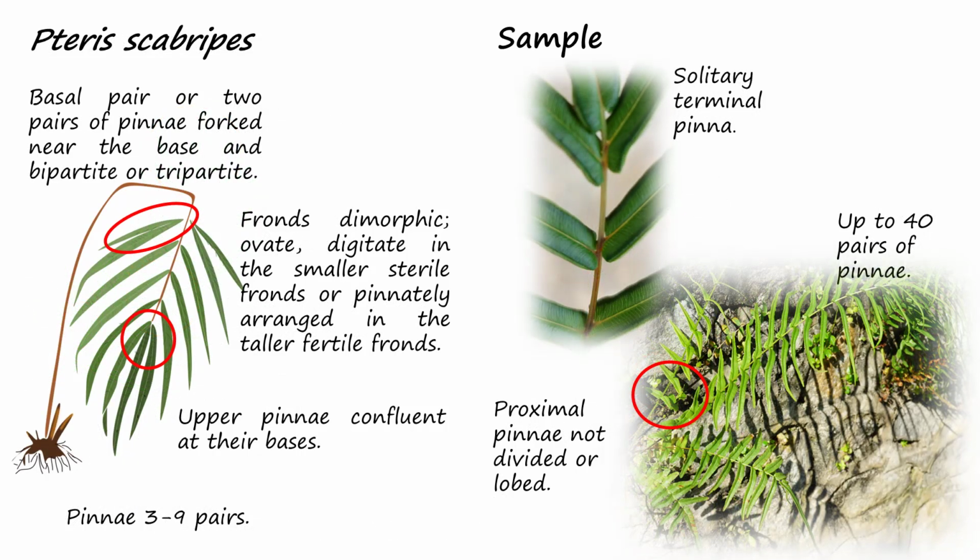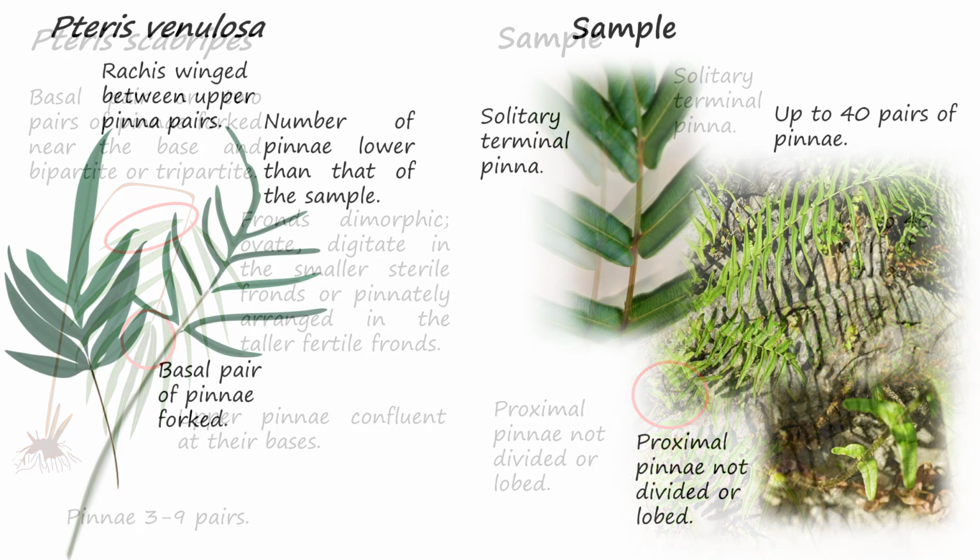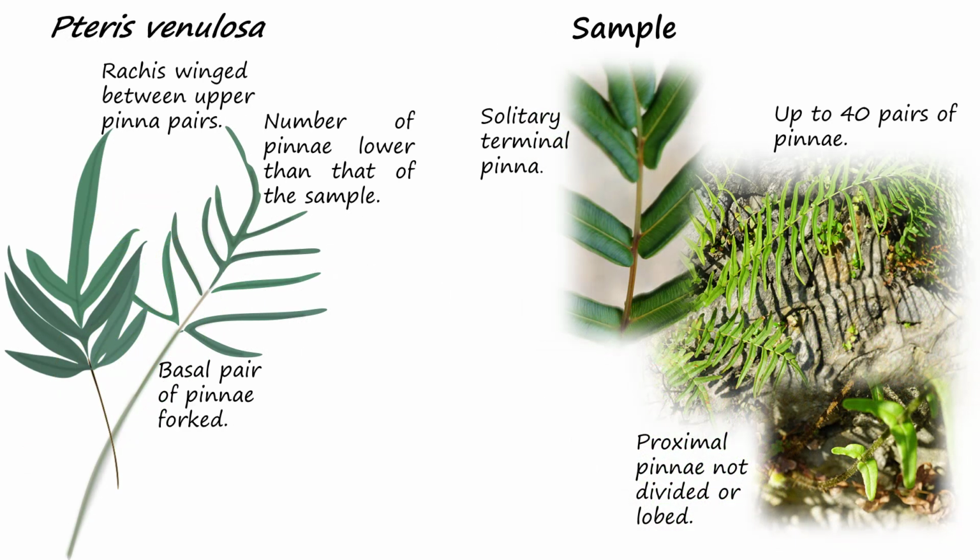Pteris scabripes is different from the sample as fronds are dimorphic with the sterile fronds digitate and only between 3 to 9 pairs of pinnae. Additionally, upper pinnae are confluent at their bases, and the basal pair or 2 pairs of pinnae are forked near the base and bi- or tripartite. While I could not find a description of Pteris venulosa online, the images of Pteris venulosa